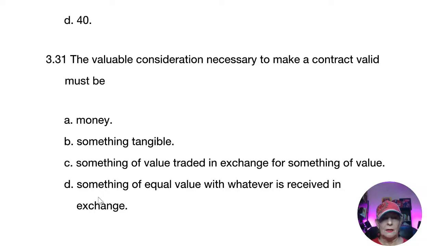So remember, in a contract, buyer and seller agree to a dollar amount. And so there's got to be a consideration, but it does not have to be, I'll give you a clue, it does not have to be money. It can be other things.